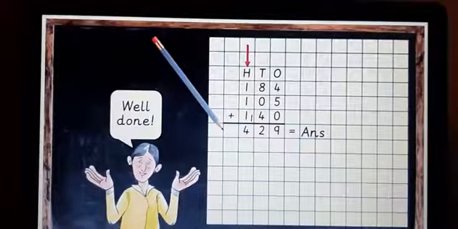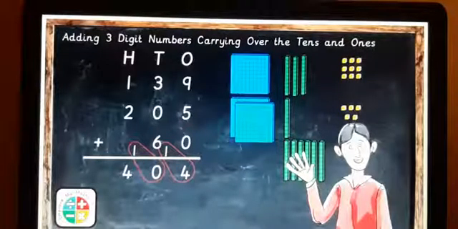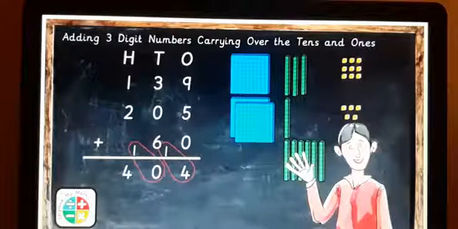Hundreds, tens, ones, with 3 digits, 3 numbers. Okay. As I said, you have learned carrying from the ones place to the tens place, and the second method, carrying over from the tens place to the hundreds place. Okay, now together you have to learn that carry over to the tens and ones means the total number in the ones place will be carried to the tens place, and then carried to the hundreds place. Both the steps you'll add together, and you'll do the sum here, the calculation here. Sum means addition. Okay, so like that only we have to see the third one here. This method I'll explain to you in the next one here.